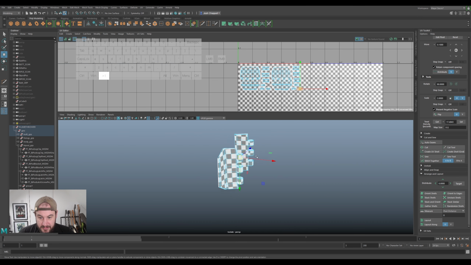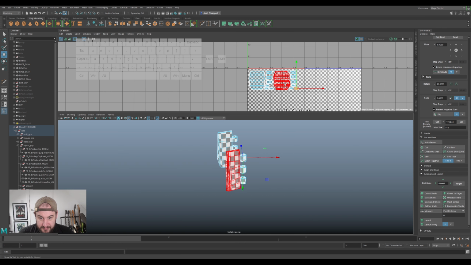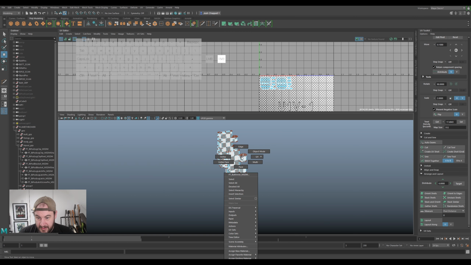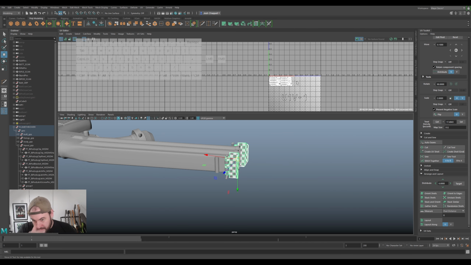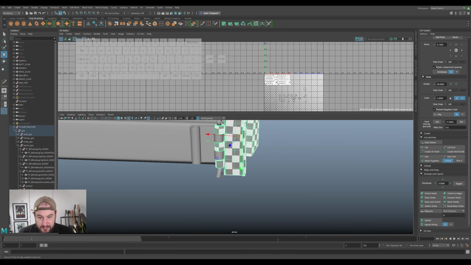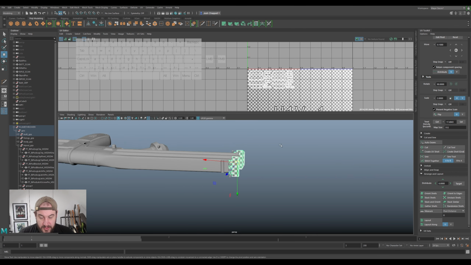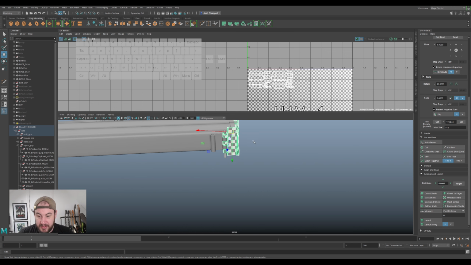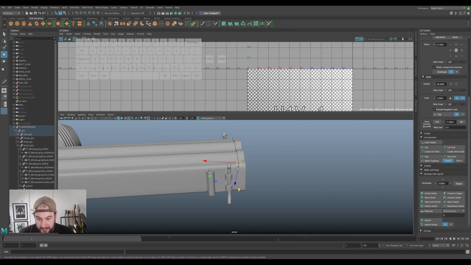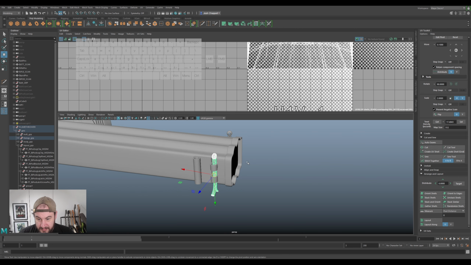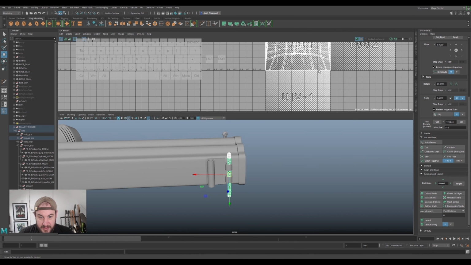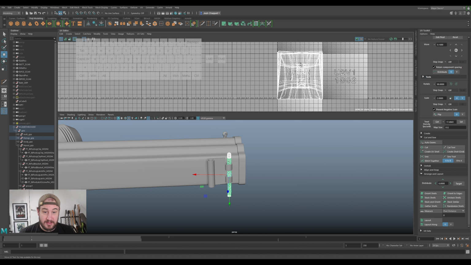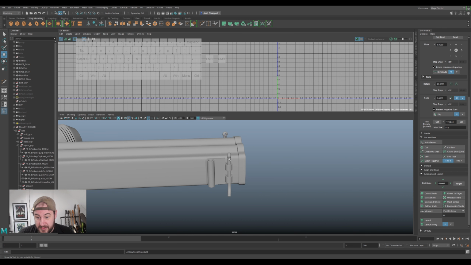Cool. We'll just turn on our checkerboard and everything should look really nice. What I try to do is make sure I'm packing them in squares, so when I come to finally organizing it all, they're easy to put together. We've got this split pin, got two of them. We only have to do one, then we just duplicate it, and we'll do that a lot throughout. So if we delete the UVs on it,